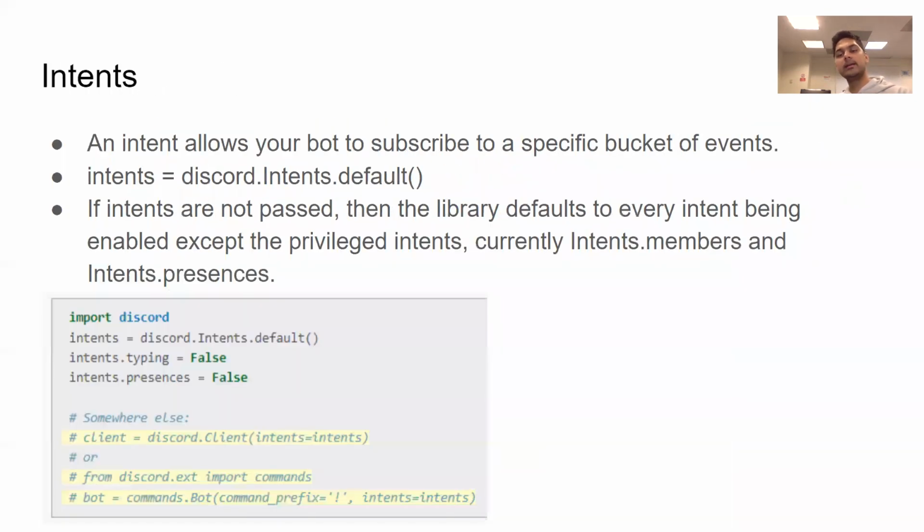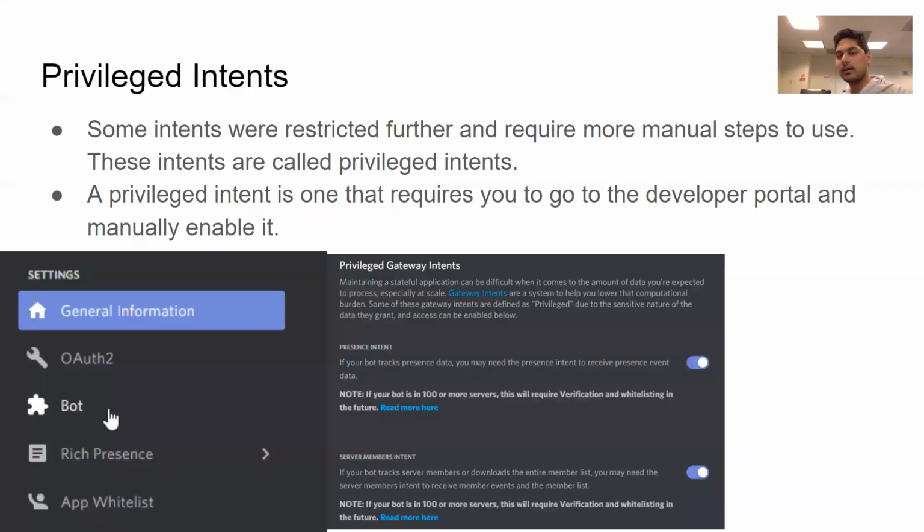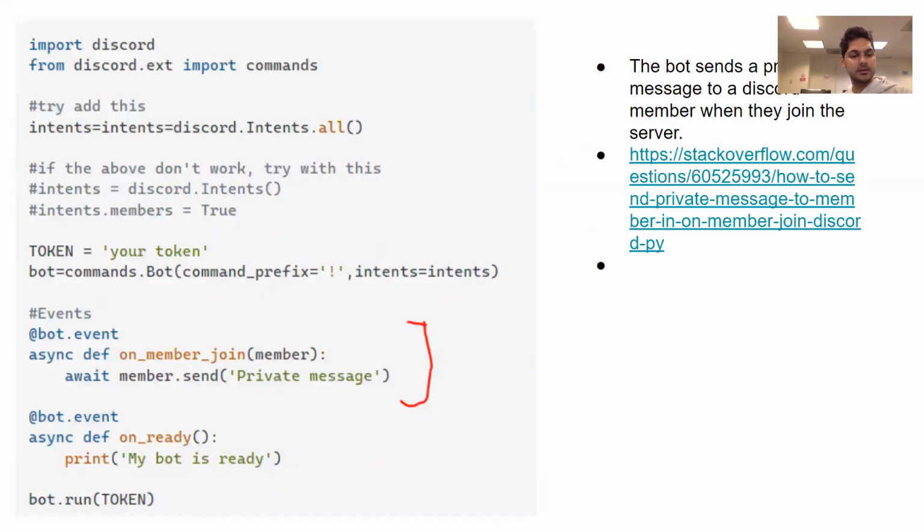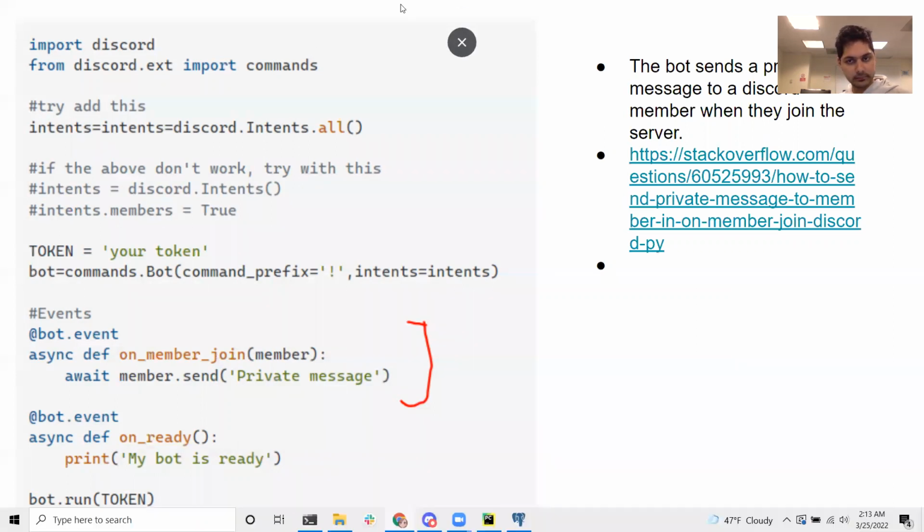But if you don't need it, then don't worry about it, because if you have them on, I think it slows your bot down a little bit, in terms of starting up. That's what I've heard, but I don't know. But if you don't need something, then don't have it in there, basically. So I don't know what this is, honestly. What is this?